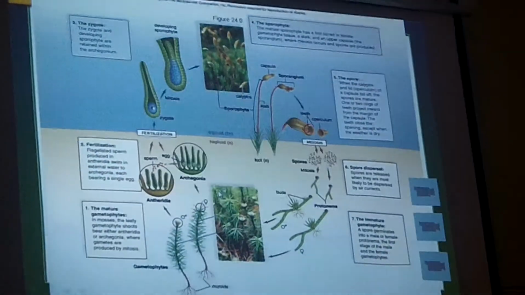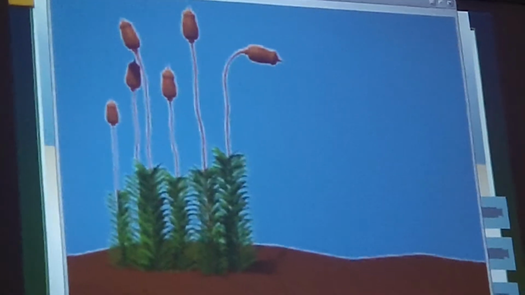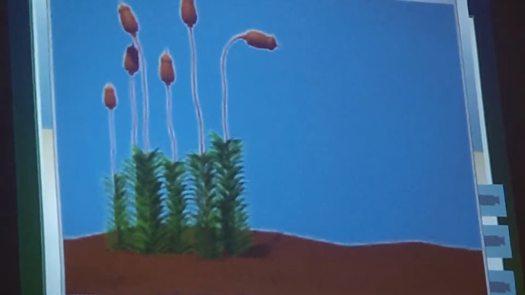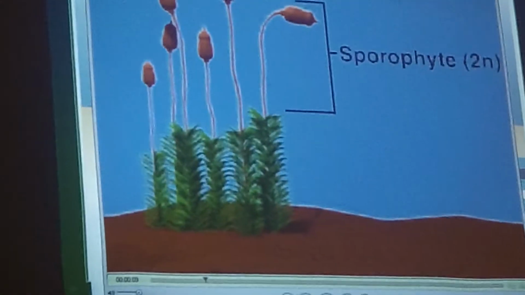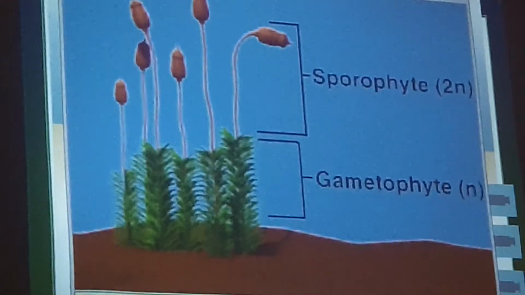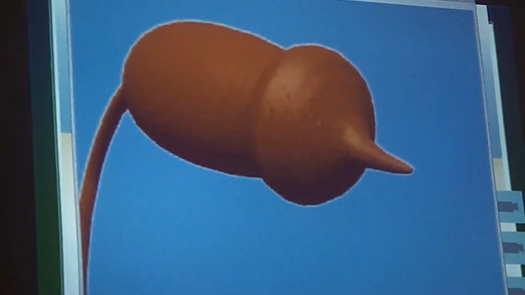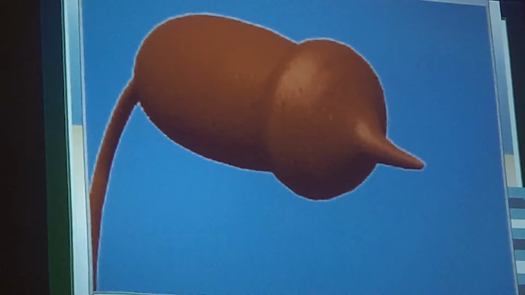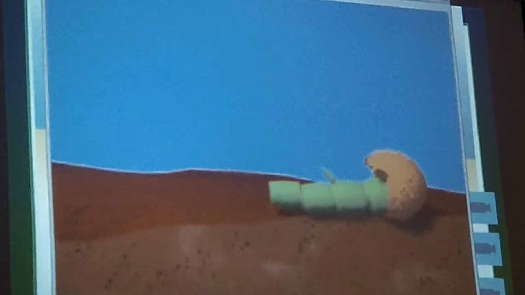Okay, here's a little moss life cycle for you. See if you can hang with it. Mosses alternate between the haploid gametophyte and the diploid sporophyte during their life cycle. The sporophyte generation in bryophytes develops from the gametophyte. Sporophytes receive much of their nutrition from the gametophyte. Spores are produced by meiosis in the capsule of the sporophyte. The spore capsule ripens, bursts, and releases the spores. A spore germinates to form a